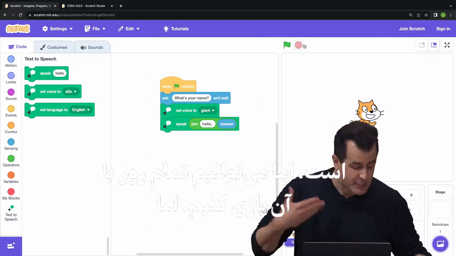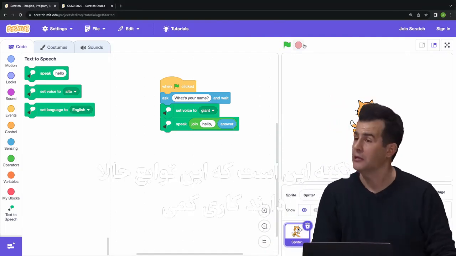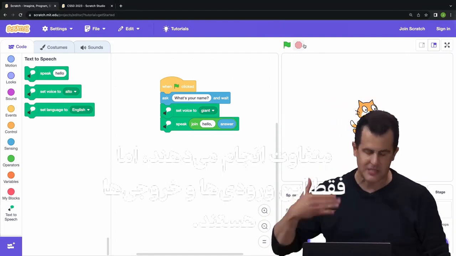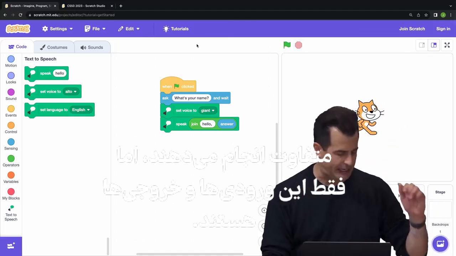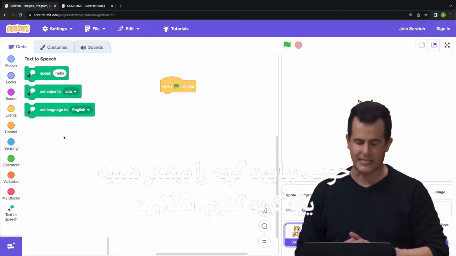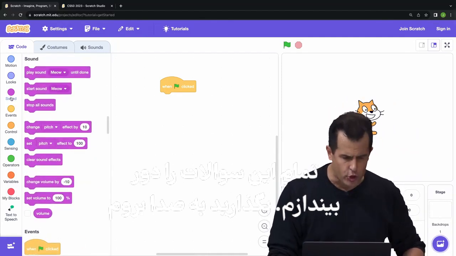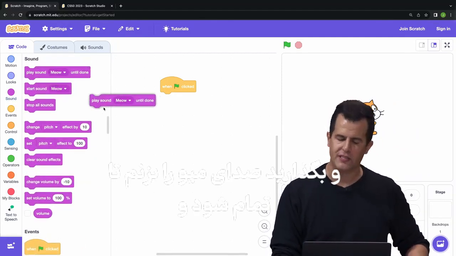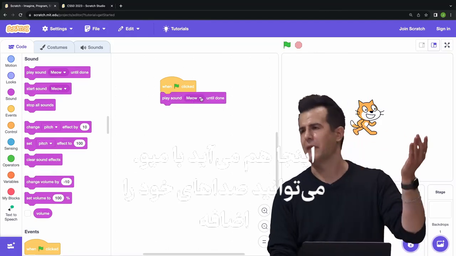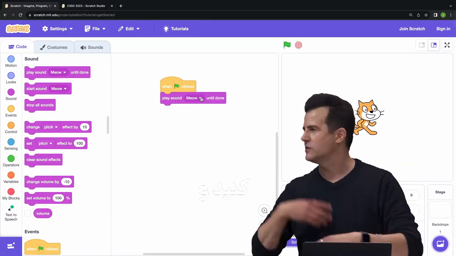But the point is that these functions are just now doing something a little different, but it's just these inputs and outputs. Well, let's make the cat more like a cat. Let me go ahead and throw away all of this asking questions stuff. Let me go up to sound, and let me go ahead and drag the play sound meow until done. And here too, it comes with meow. You can add your own sounds,